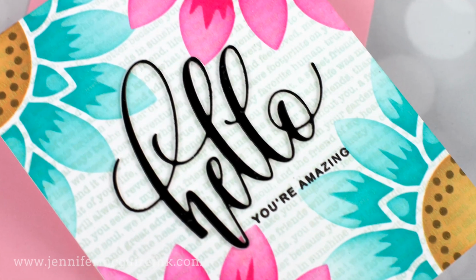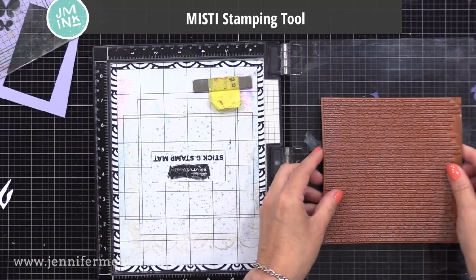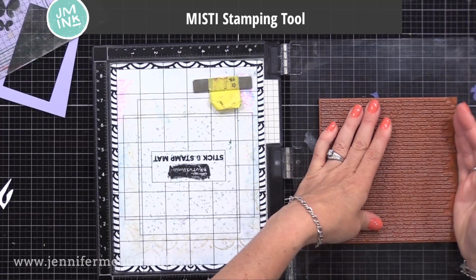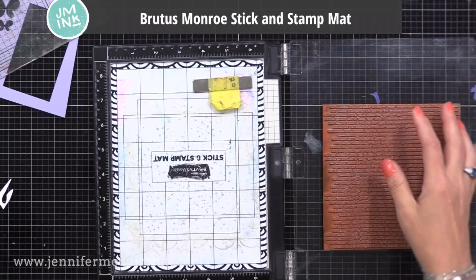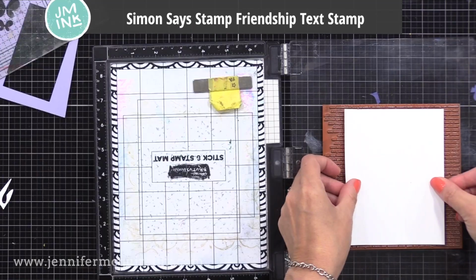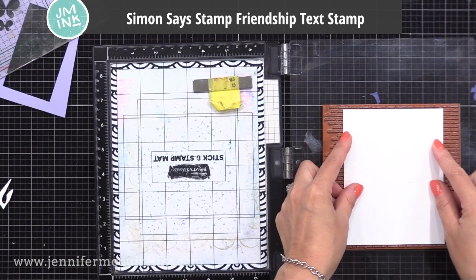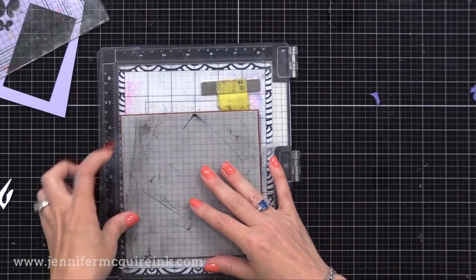All right, let's move on to another idea, a very simple one, but a great way to kind of step up this background, and that is to stamp on it. I have my MISTI stamping tool and a Brutus Monroe stick and stamp mat inside. That's a little sticky, so it'll help with holding my paper in place. I have a Simon Says Stamp Friendship Text background stamp, and I'm lining up my panel on it to make sure it's straight. I will close my MISTI upside down,